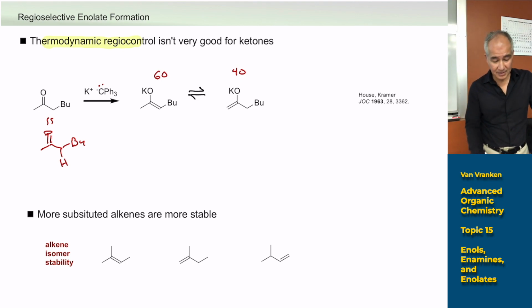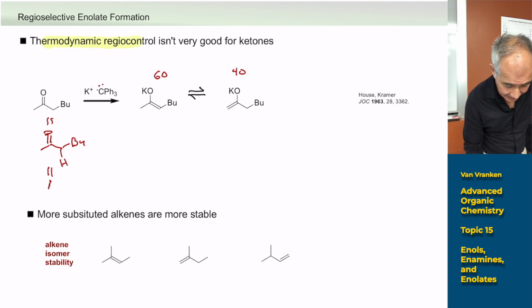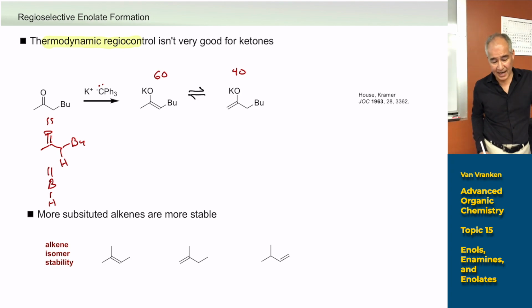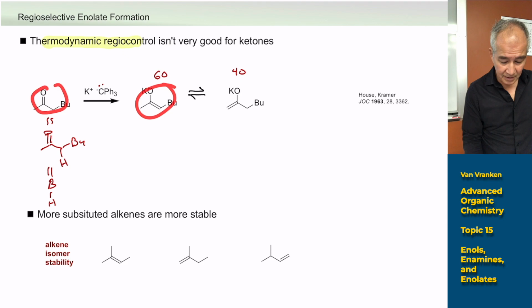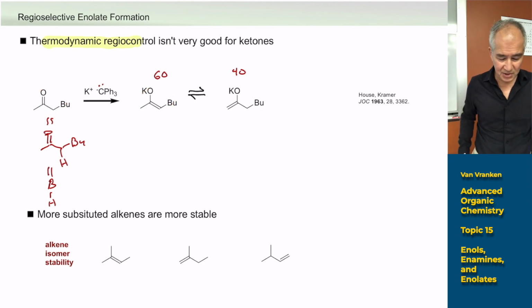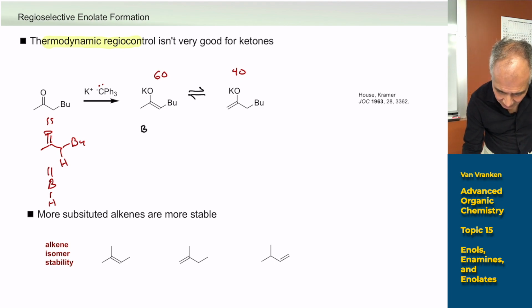And that can act as a sort of conjugate acid in the system that can serve as a proton source. You make your first molecule of enolate, but you're still going to have proton sources that can catalyze protonation. And what does an enolate do when you put it in the presence of a proton source? It protonates. So the second you make an enolate while there's still starting material around, you're going to start to see this happen. You're going to start to see that you pick up a proton,